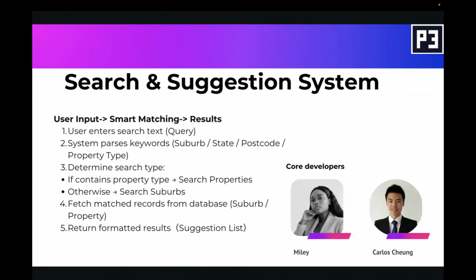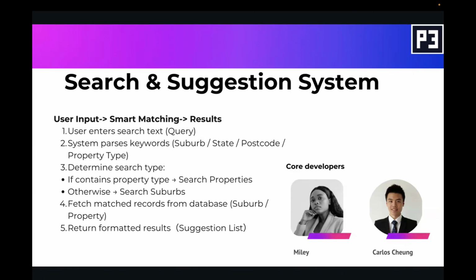Hi, I'm Melly. I'm going to present the search and suggestion service and the suburb report page. For the search service, firstly, the function parses the query into keywords, identifying suburbs, states, postcodes, or property types. Next, it decides the search direction, whether to query properties or suburbs. Then it builds the database query dynamically and fetches matching records. Finally, it formats the result into a standard output, which is a suggestion list ready for display on the front